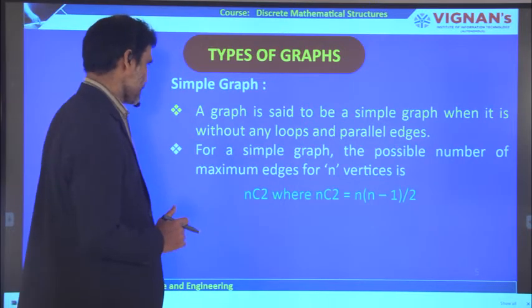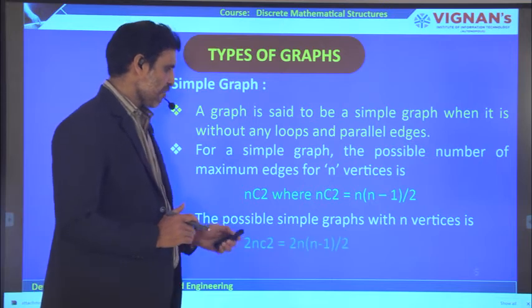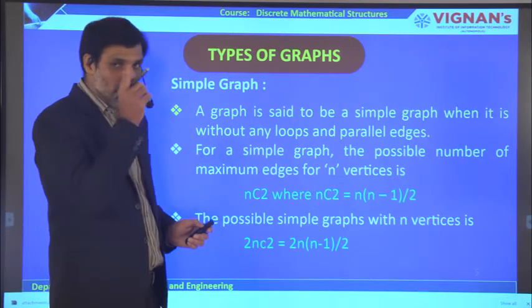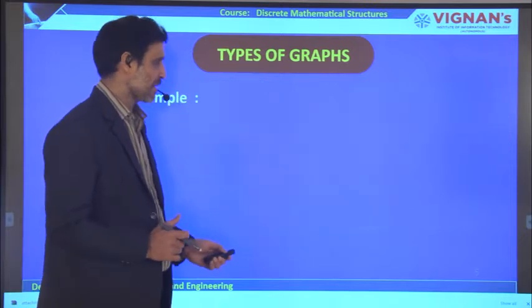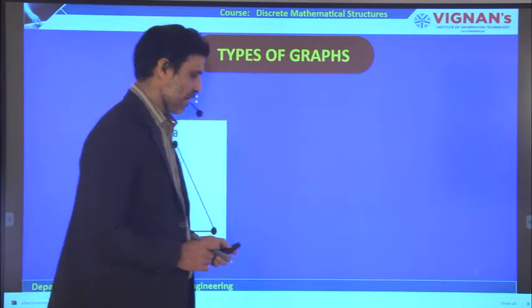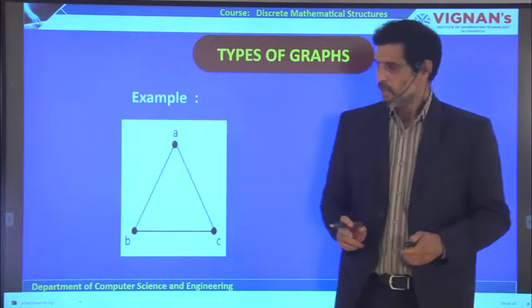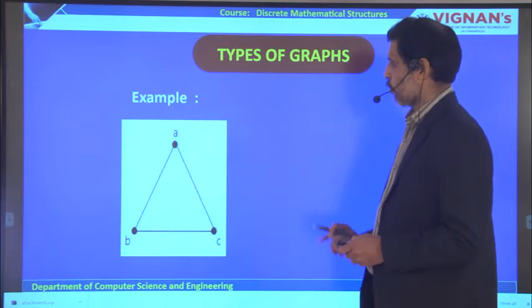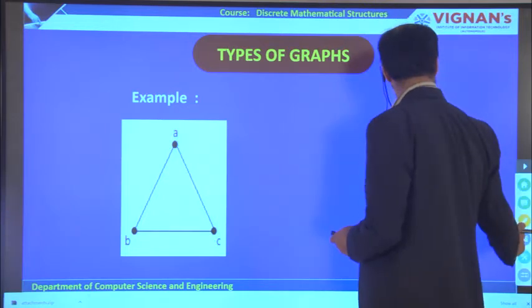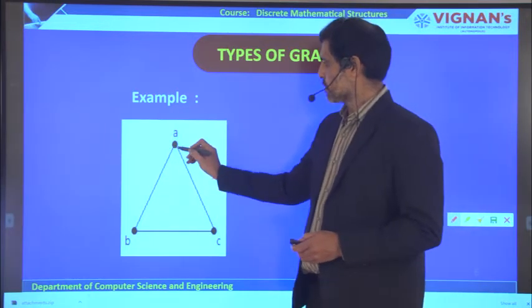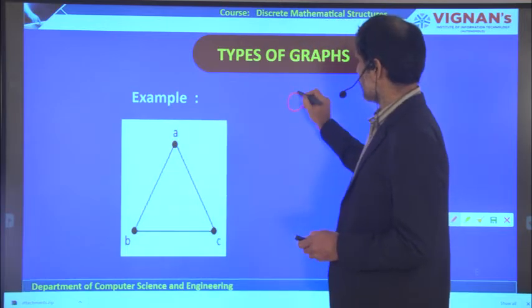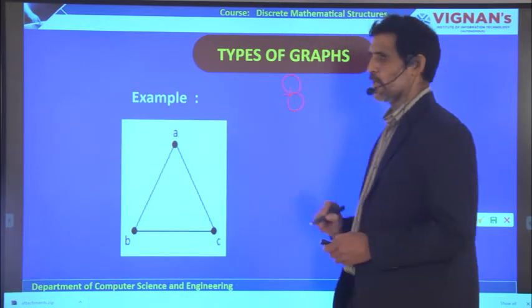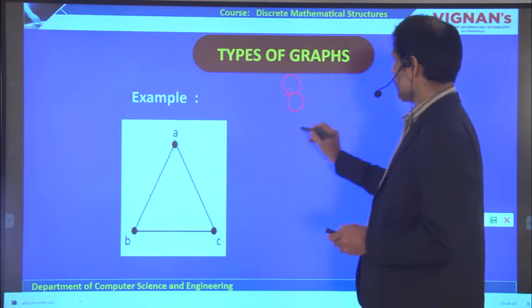So these are the properties of a multigraph. Let us try to understand what a multigraph is first, then we can come back to these two properties. So this is an example of a simple graph. If you observe this simple graph, there are no loops and there are no multiple edges. Loops are nothing but any vertex which contains an edge like this, then it is called a loop. And what are multiple edges?